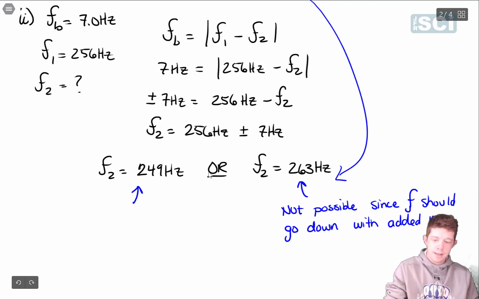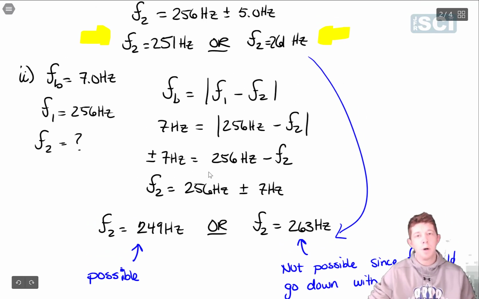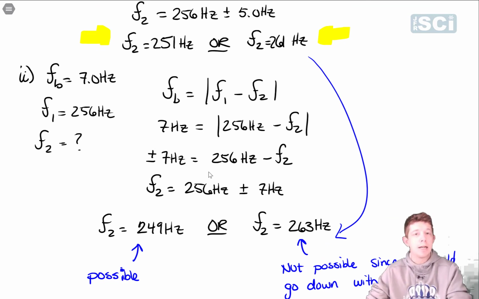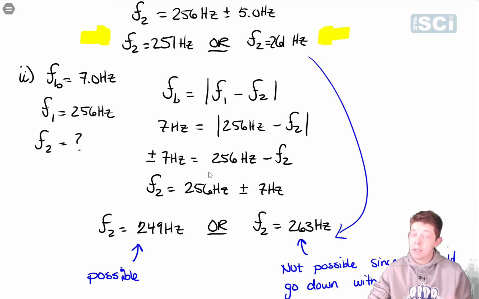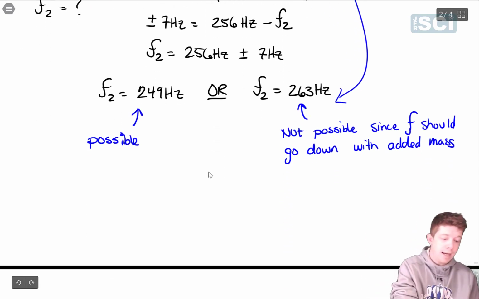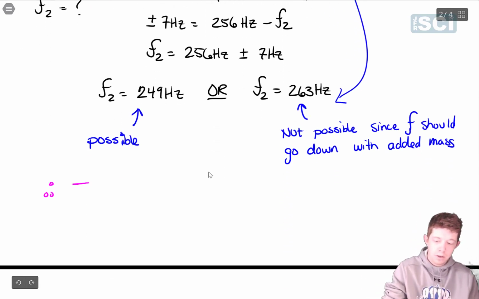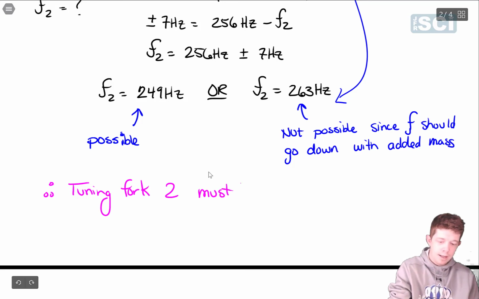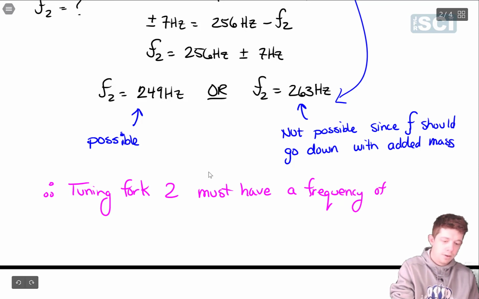So this is possible because if we look at it, originally we thought that it might be 251. And by adding the mass, it went down to 249, which makes sense. By adding mass, the frequency would go down. So this allows us to say, therefore, tuning fork 2 must have a frequency of